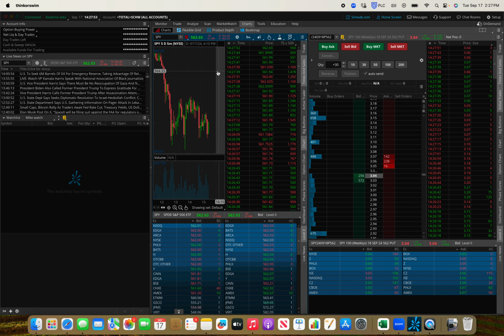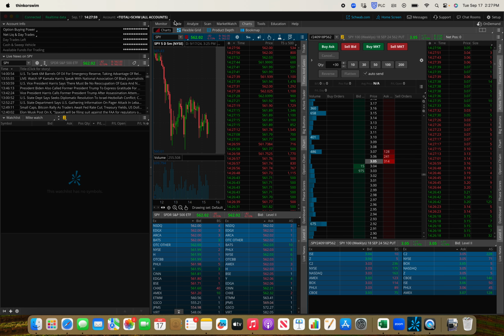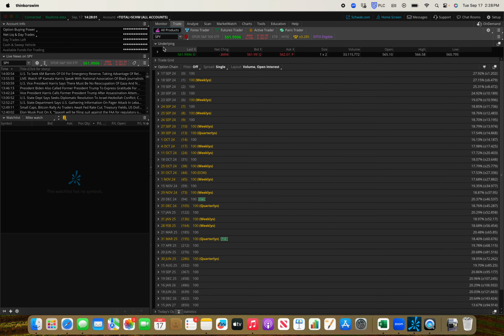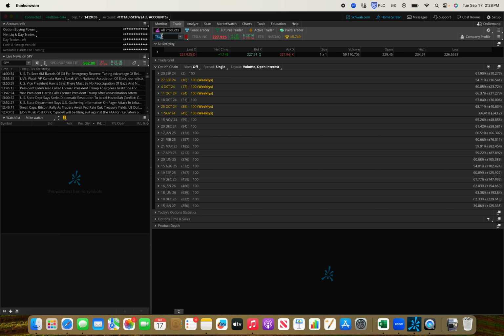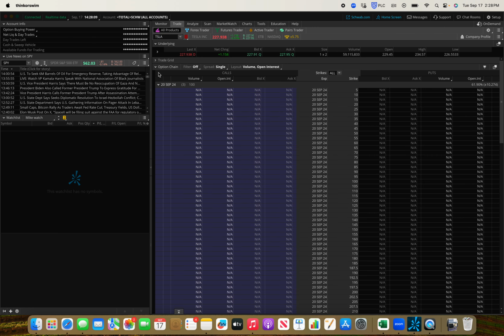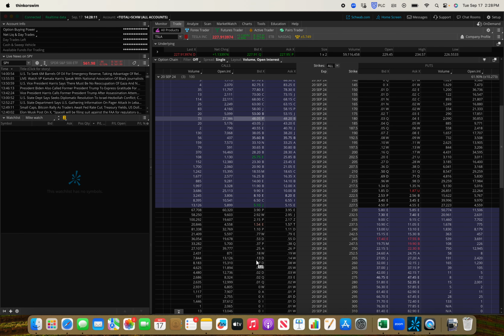All right, so before I dive into my setup, let's talk about some of the different tabs in here. So starting up at the top, we have the trade tab. If you come down to the trade tab and you type in a ticker that you wanted to trade, let's say Tesla, it'll show you the option chain and all the different expirations and strikes available to trade